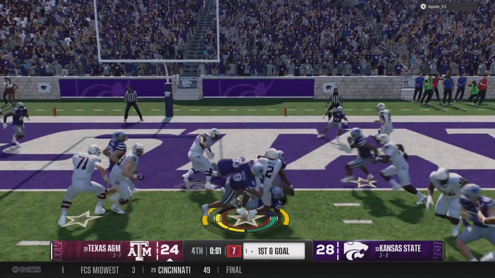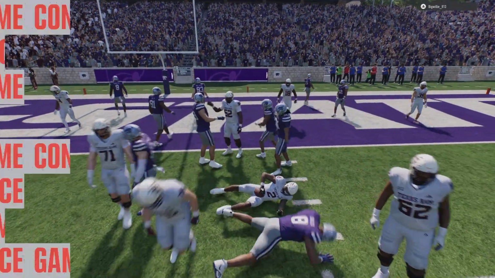Try to barge their way in. And this play will be for no gain, and that